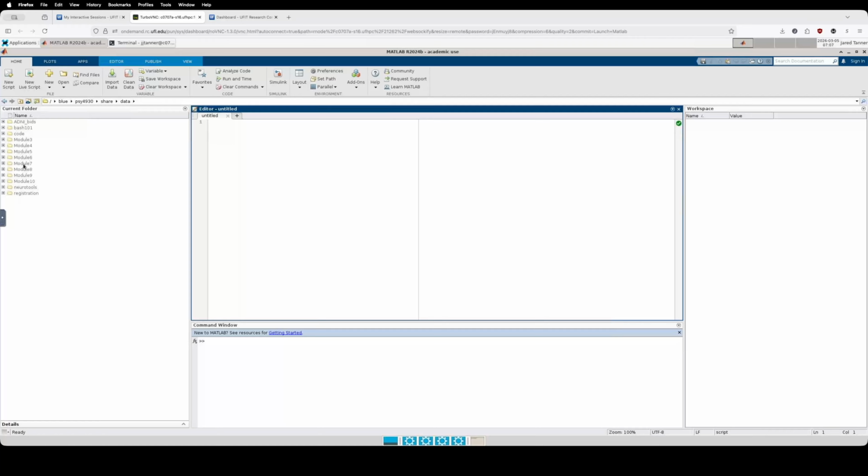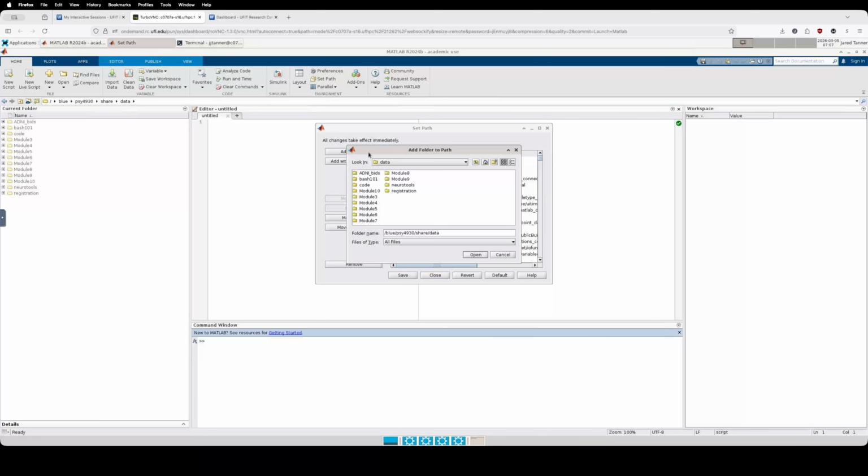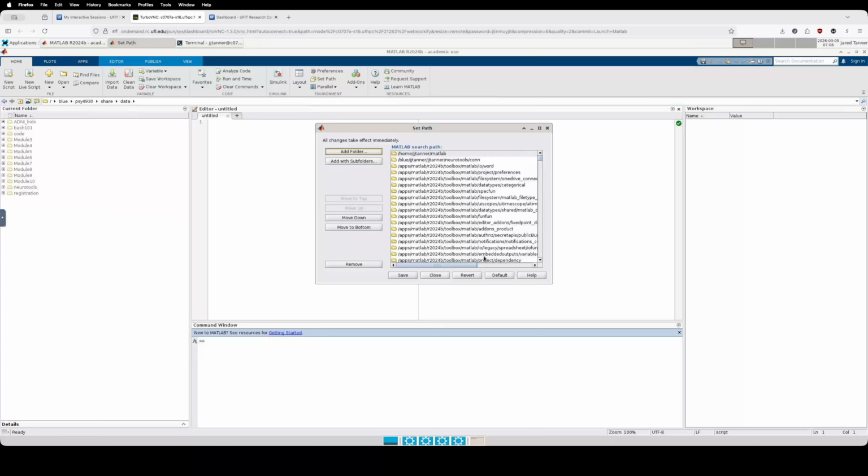And we can see here's module 7, NeuroTools, all of this. So sometimes I find it easier to put the path in there first, and then when I go to set path, when I do add folder, I'm already just about at the right location. So I can just click on NeuroTools, that's a double click, and then single click on SPM12, hit open,